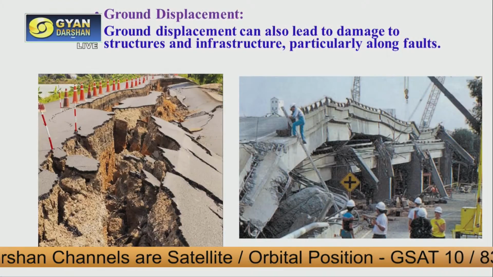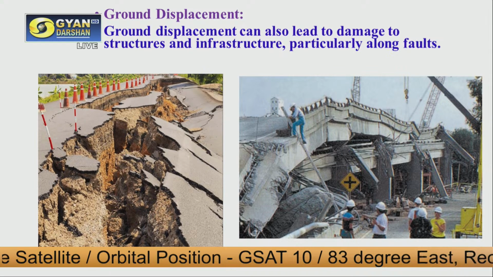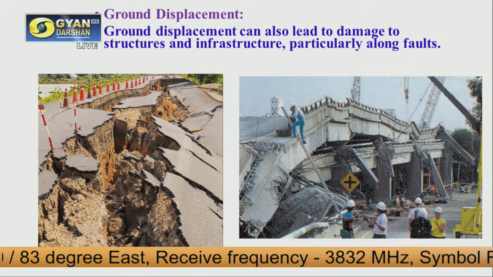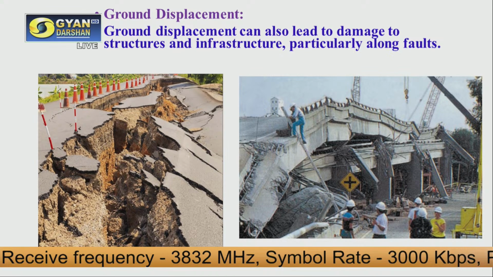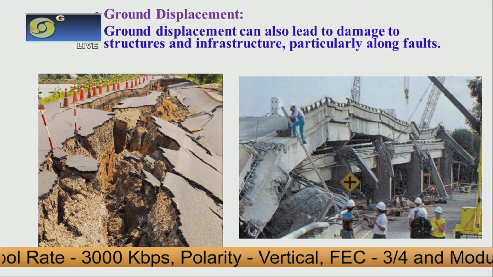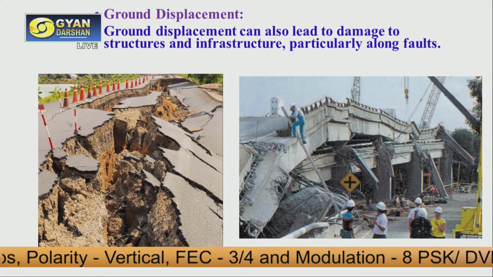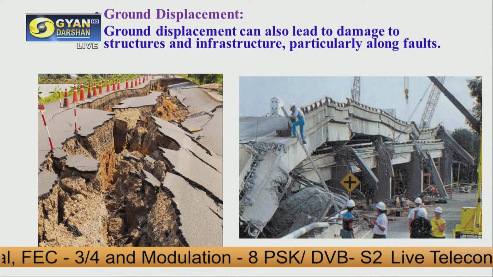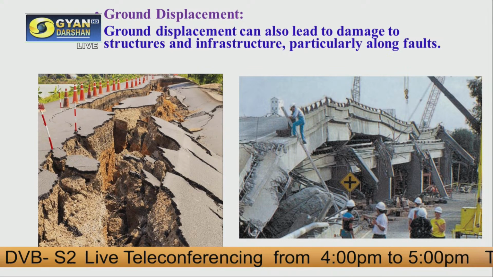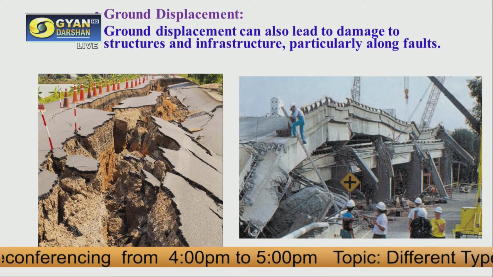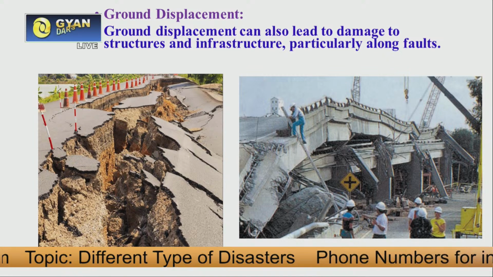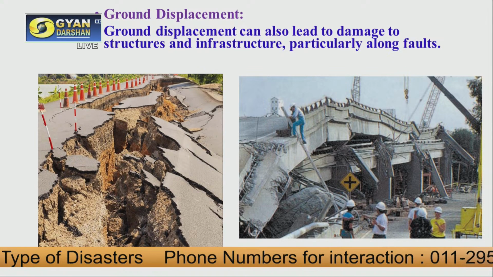Then ground displacement. In rupture, there is a crack, wide cracks. Basically, in ground displacement, one part is moving down in comparison to the other part. So ground displacement means vertical movement of the ground may occur because of the earthquake, and part of the land will subside in one region. That way, if some structure is there, it will be totally damaged. Just like you see in this picture, in the left picture, this road is totally damaged because of this ground displacement. In the right one, a bridge has collapsed because of this ground displacement.